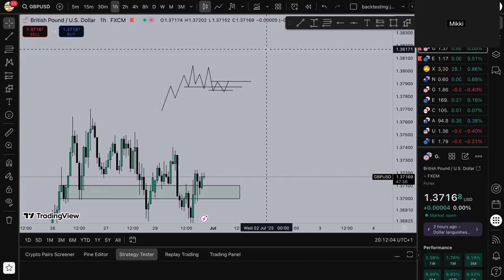I trade London session, New York session. That's the only session I trade. Any other session I don't trade. If I see any trade after this session, I'm not going to take it. So these are things that need to be in your trading plan